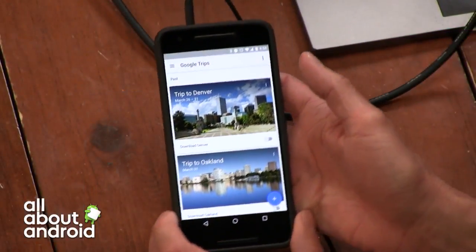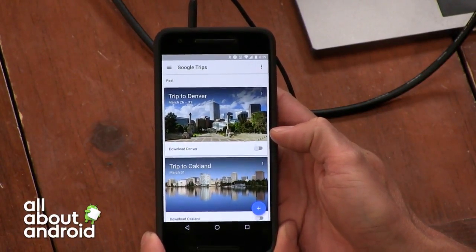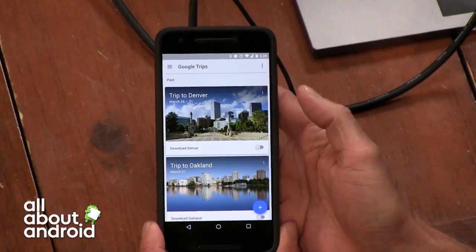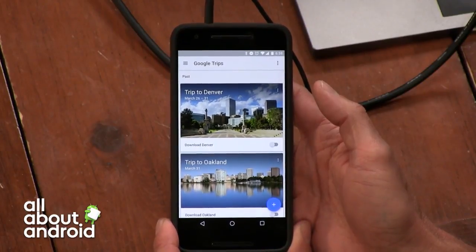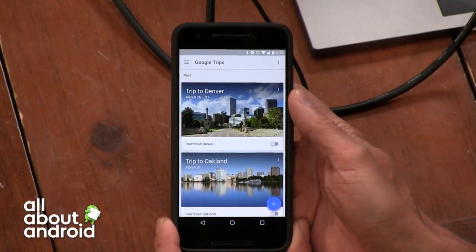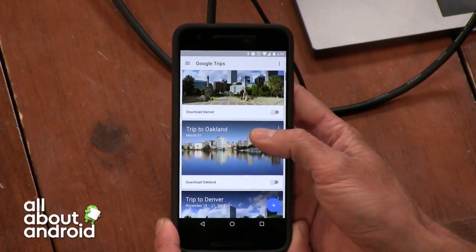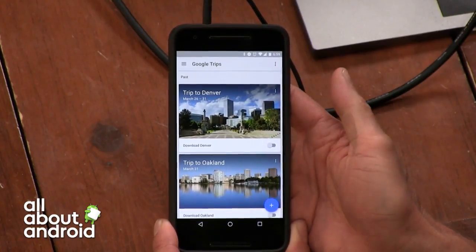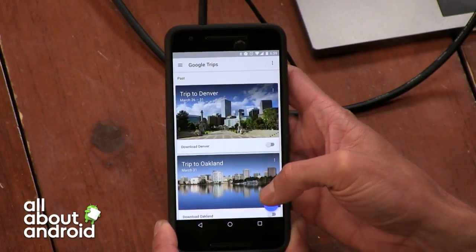So, Maps explorers were actually emailed by Google last week to test out its new travel app called Google Trips. And I have it right here. Google has apparently been working on a travel app service for quite a while now. They wanted to create something that looked different, that offered new functionality to users that people weren't used to getting. Basically what you get here is a little bit of that Google Now smarts, right? It navigates through your inbox as well as your calendar to pull out information on both past trips as well as upcoming trips.